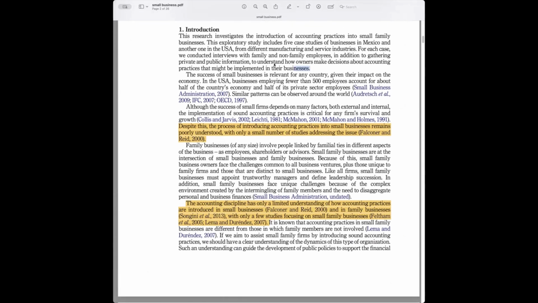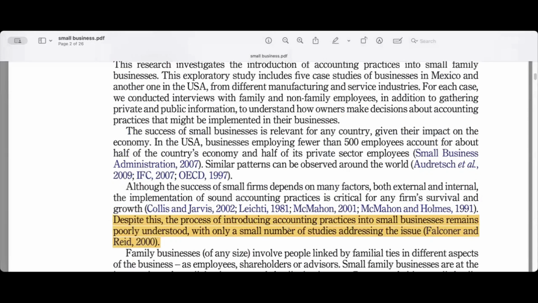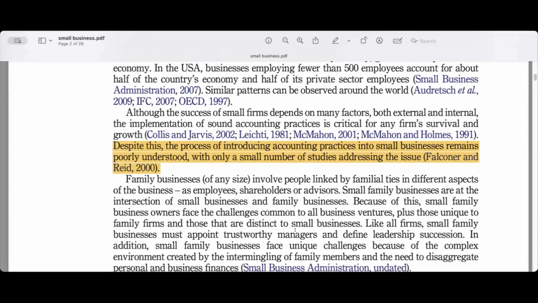Now, the first paragraph tells you what the study is going to do. So let's start from the next paragraph. The success of small business is relevant to any country, given their impact on the economy. Now, this is an argument he has put here, but who is saying it and where is your support for the argument? In USA, so that's the support that's coming. He's taking support from a developed country. In USA, let me zoom in a little bit. I want you guys to see what I'm doing. In USA,